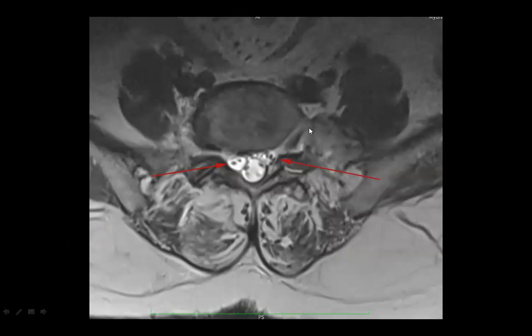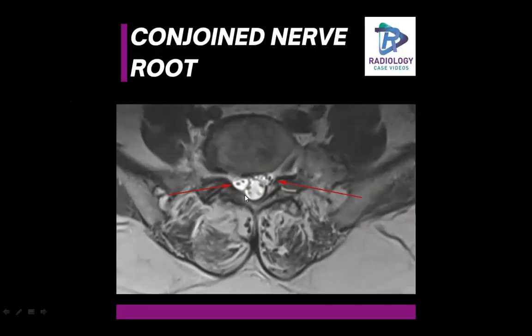This incidental finding, you can see here, there are 2 nerve roots in the spinal canal. This is a case of conjoined nerve root. The importance is that most of the time it is asymptomatic, or the patient can have vague sciatica-like complaints. There are 3 signs associated with this: the parallel sign, the fat crescent sign, and the corner sign. The corner sign here is due to asymmetry of the thecal sac.